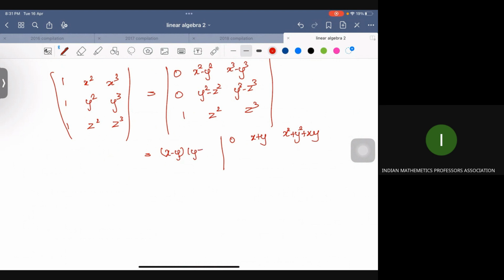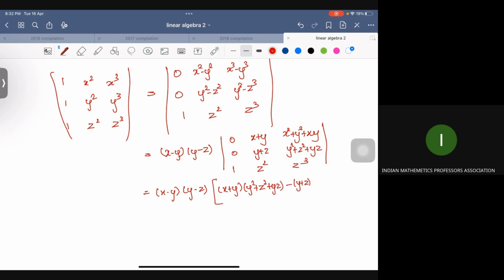Here in the second row, y minus z I am taking outside. 0, y plus z, y square plus z square plus yz, 1, z square, z cube. Taking the determinant of this, I will get x minus y, y minus z into x plus y into y square plus z square plus yz minus y plus z into x square plus y square plus xy. Multiplying this: xy square plus y cube plus xz square plus yz square plus xyz plus y square z